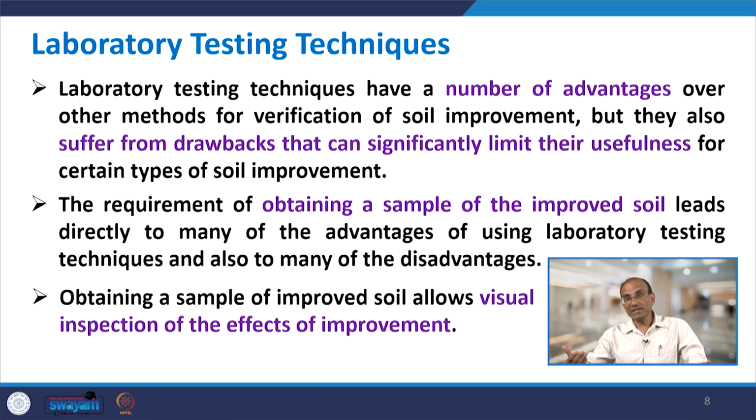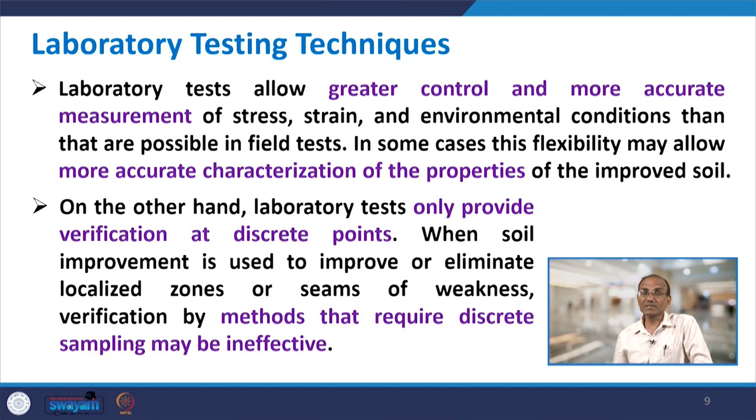So, while you can have the visual inspection, the good point is that once you collect the sample, you can find their index properties, you can have visual inspection also, and then test and then compare. But the disadvantage is how good this sample is representing the field condition, how representative it is. It is okay when you have an undisturbed sample, particularly for cohesive soils, but for cohesionless or sandy soils it is difficult to get the undisturbed sample.